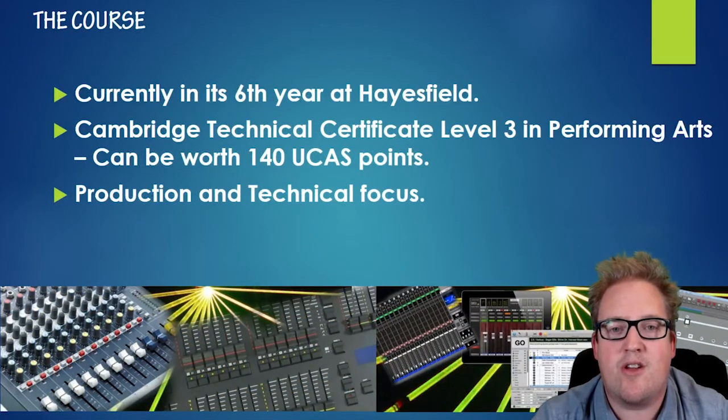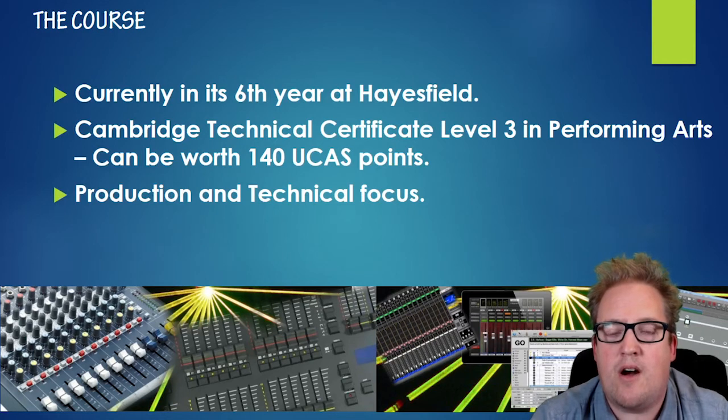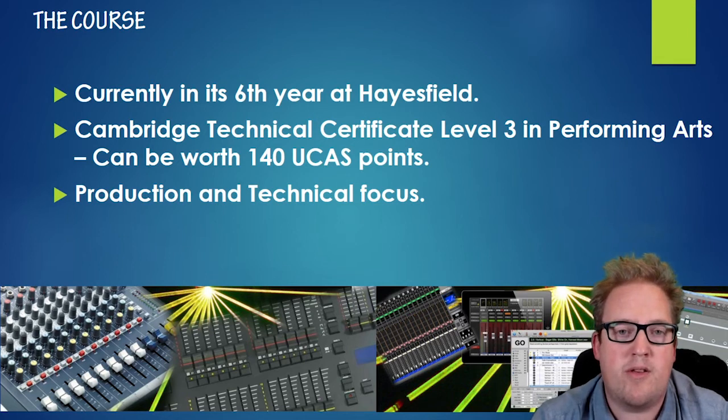So the course is currently in its 6th year at Hayesfield. It's a Cambridge Technical Certificate Level 3 in Performing Arts, which can be worth up to 140 UCAS points. So the grades are Pass, Merit, Distinction and Distinction Star, and these are equivalent to A Star, A, C and E. I am very pleased that we have 100% merits, distinction stars on the course overall since we've started running it